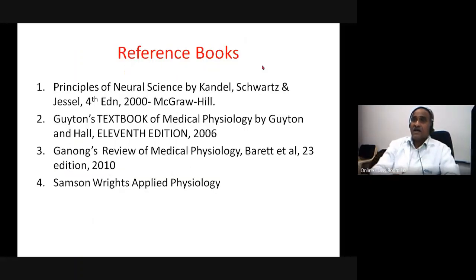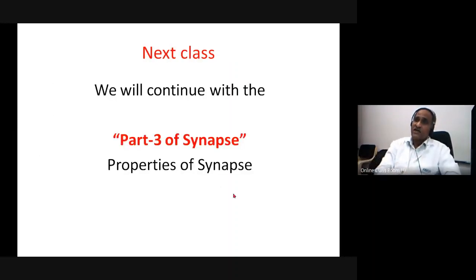Then these are the reference books. I would not miss them: Kandel's Neuroscience book, Guyton's Textbook of Medical Physiology, Ganong's Review of Medical Physiology, and Samson Wright's. These are the books wherein I have made the concepts about the synaptic transmission. In the next class, I will be dealing with the properties of the synapse, because again,